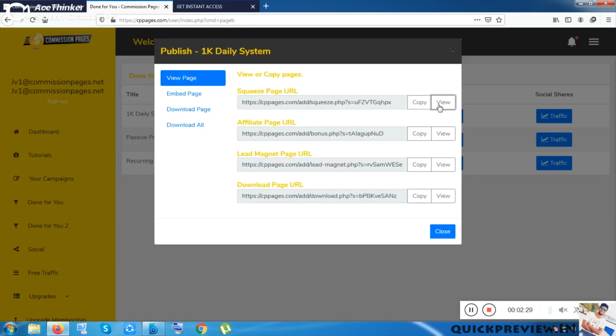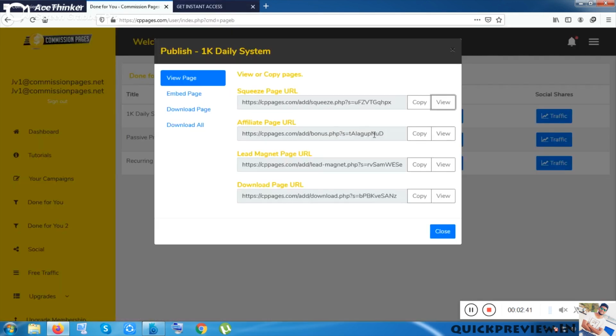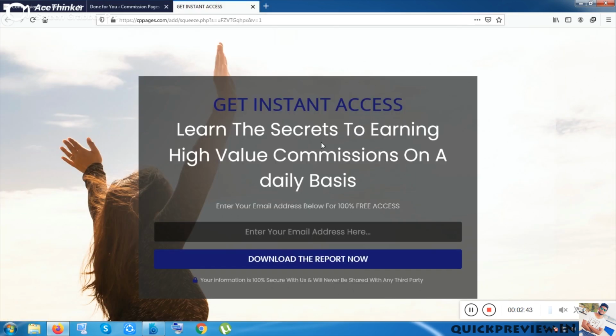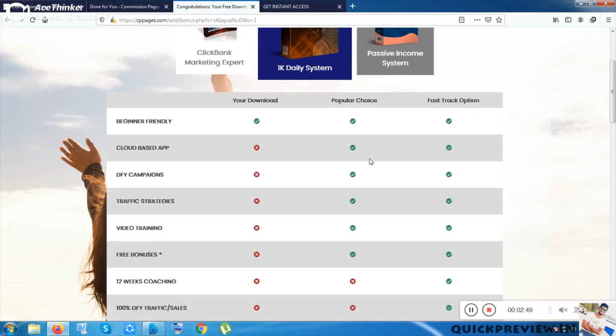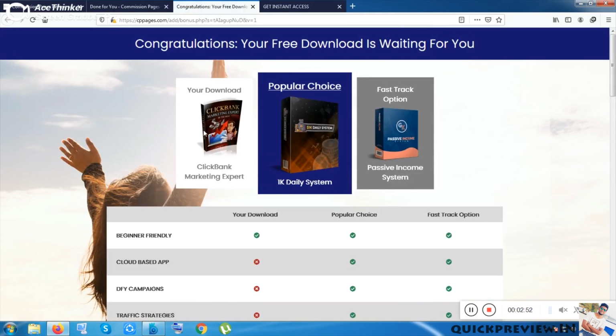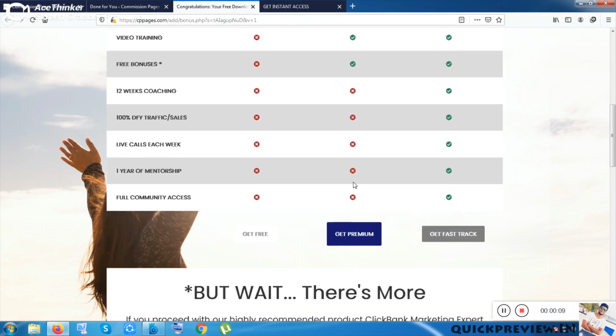Okay, so I have clicked on a squeeze page. So it was a given squeeze page. Your squeeze page will look something like that. Okay, so this is a kind of affiliate page. Okay, your affiliate page also looking so nice. It's looking so nice and pretty much professional. Okay, because it has also bonuses and also so many features which are totally pretty much professionally made.